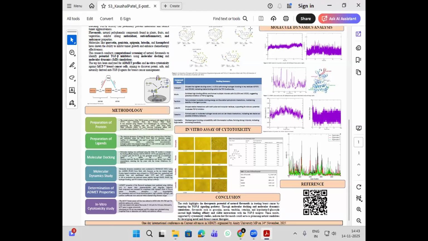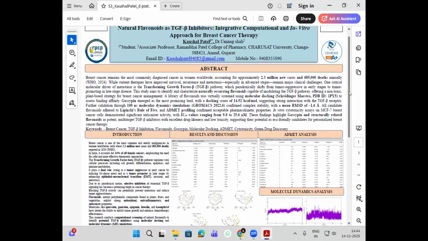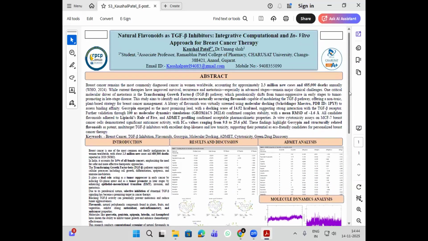I have one question. Do you calculate the possible or potential side effects of your biomolecular drug as an anti-cancer treatment? What are the possible adverse effects of your drug? Sir, I can't understand your question. Can you elaborate the question? I am asking whether your natural flavonoids have some potential side effect or adverse effect to the patient.